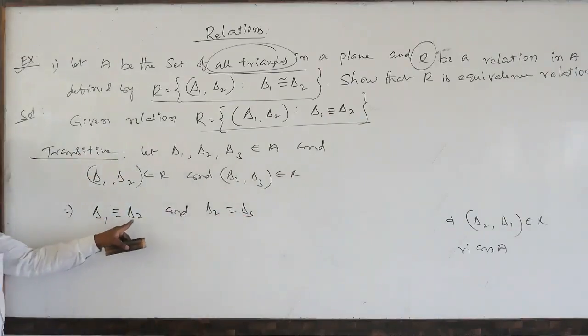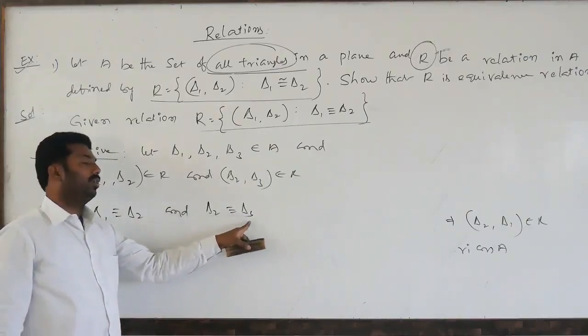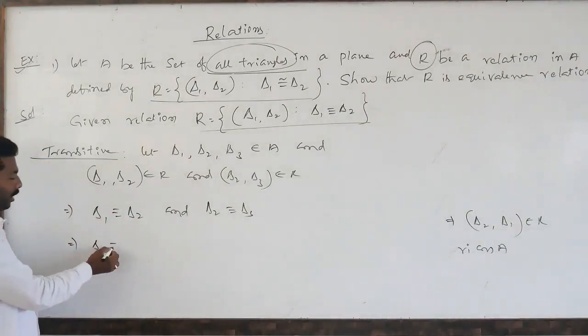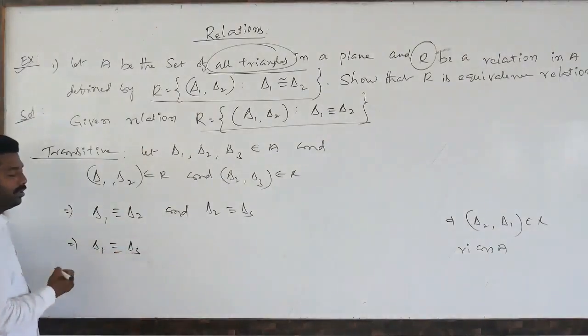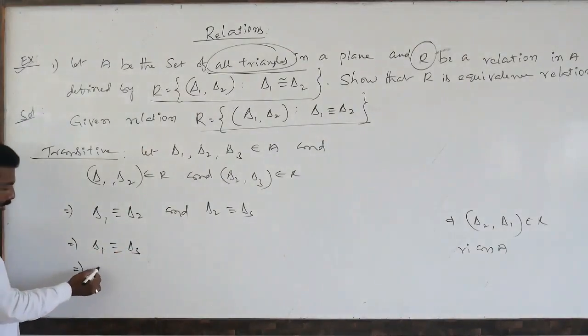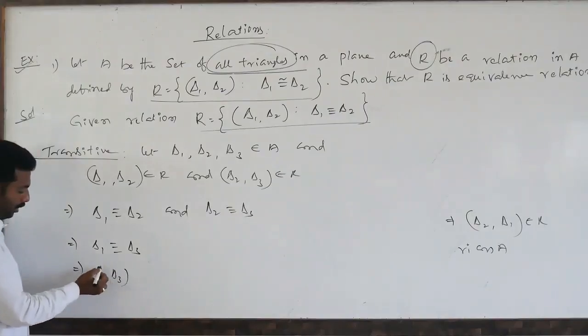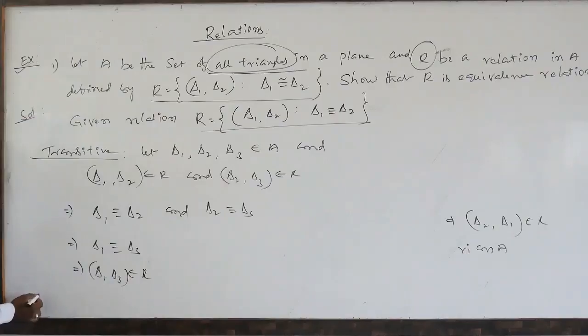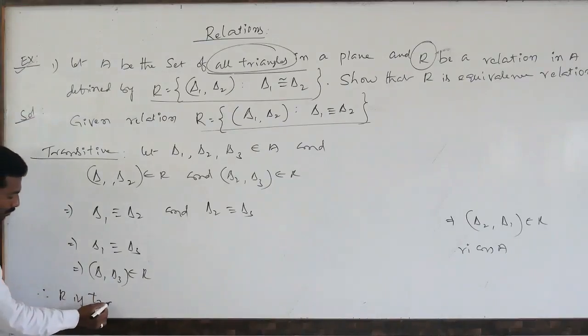So delta 1 is congruent to delta 2, delta 2 is congruent to delta 3. So clearly we can say that delta 1 is congruent to delta 3. So delta 1, delta 3 also have a relation. Therefore, capital R is transitive